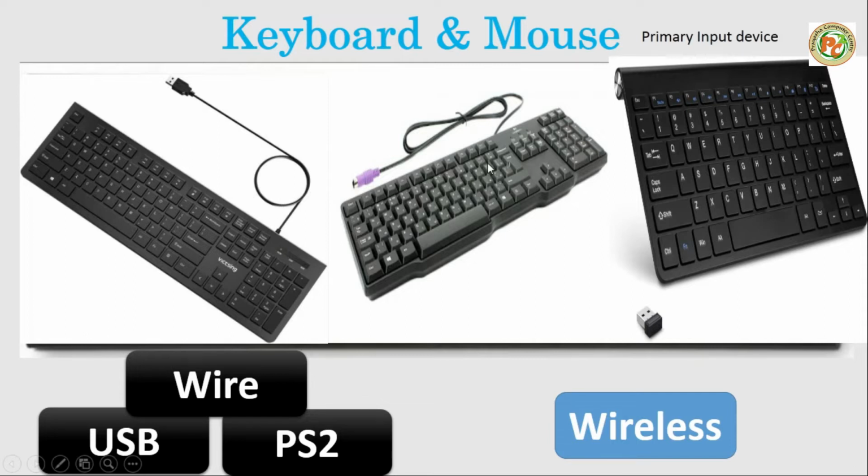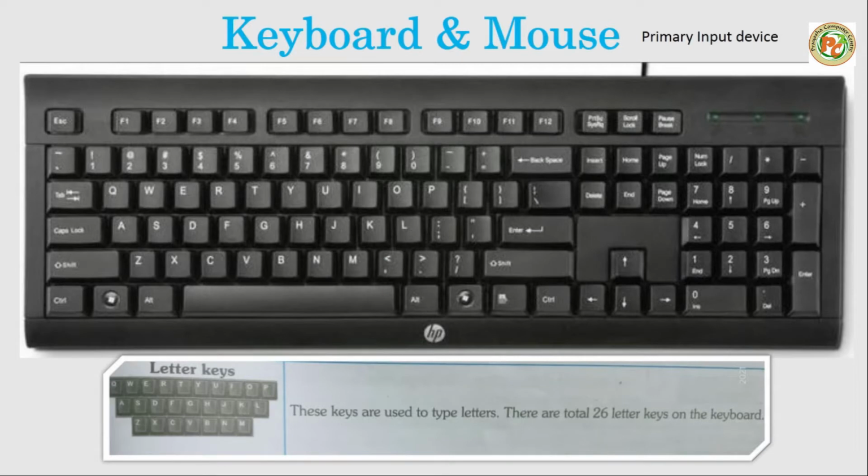Generally a keyboard has 104 keys, or 110, 111, 124 keys based on the keyboard, because there are multimedia keyboards, and on those there are 124 keys. Okay, now first we'll learn about the letter keys. Letter keys means Q, W, E, R, T, Y. This kind of keyboard is known as a QWERTY keypad because these keys are arranged in this order, that's why it is called the QWERTY keypad. Now the letter keys are from A to Z. All these 26 keys are known as the letter keys. Using these we can type letters, words or sentences, so it is called the letter keys.